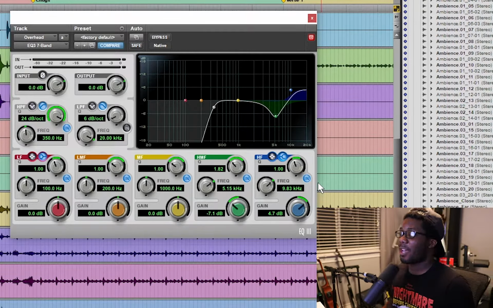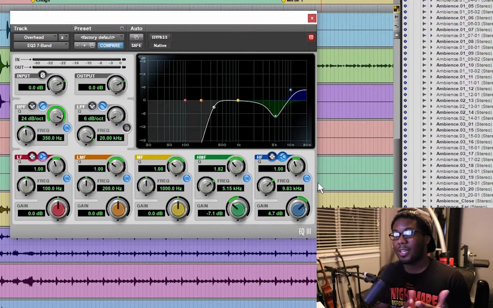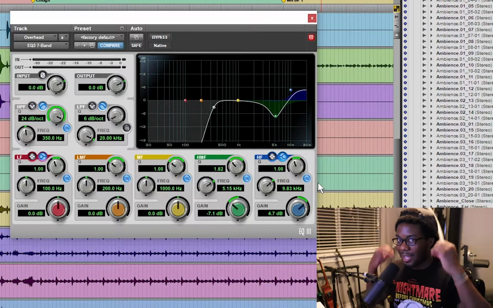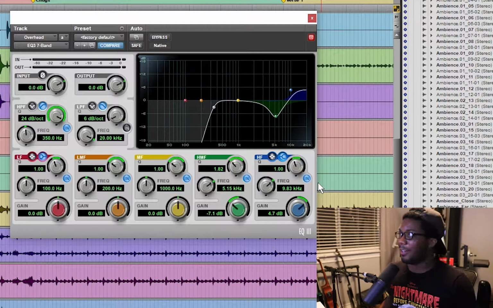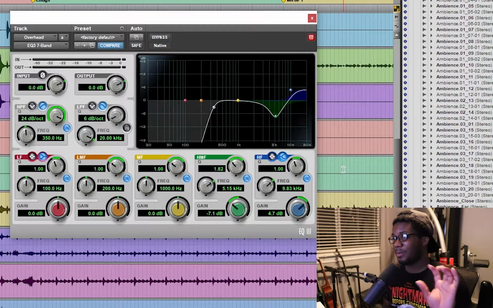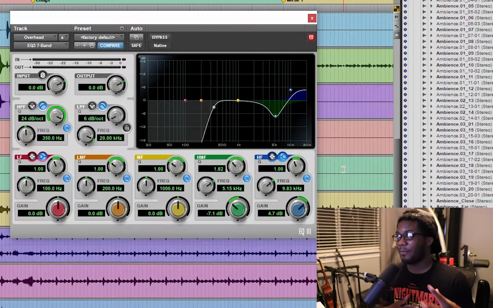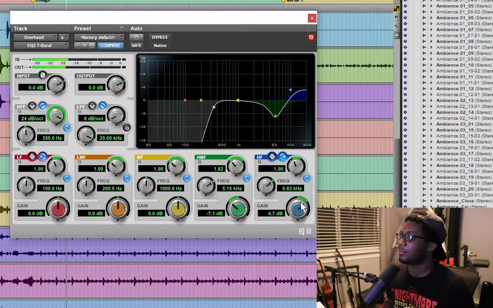But this is how I kind of like to allow overheads to be present in a mix, because sometimes you want to bring your overheads down a lot just because that repetitive sound can really mess with your psyche. It really starts to hit your ears a lot. But with this kind of trick, it still allows your cymbals to be forward and present in a mix, but it also gets it out of the way and keeps it from being too hard on your ears. So it's going to sound like this. And then with it off,